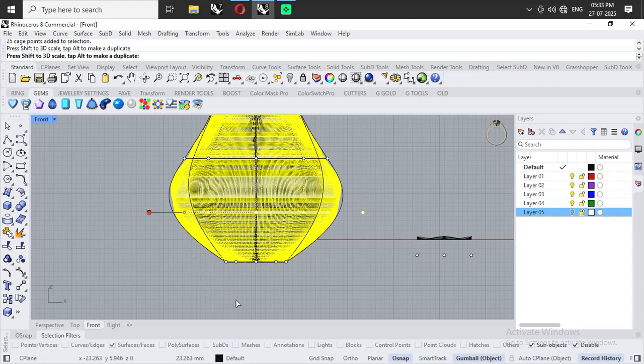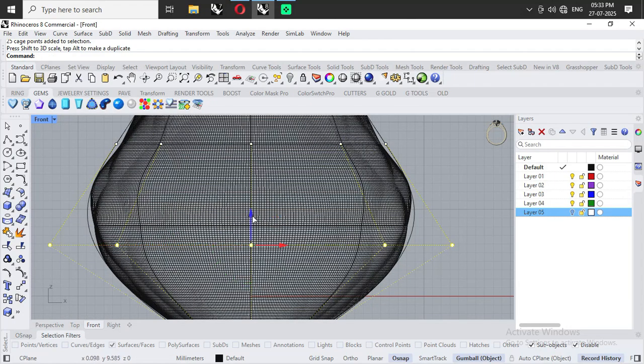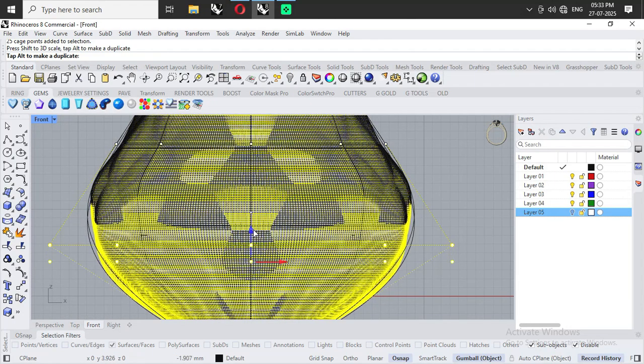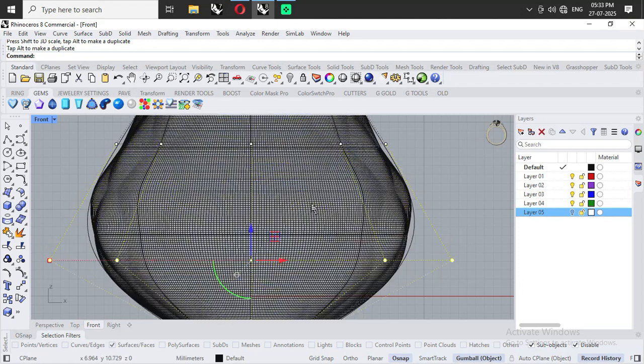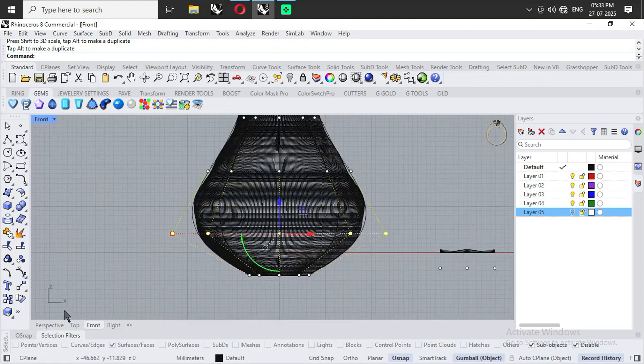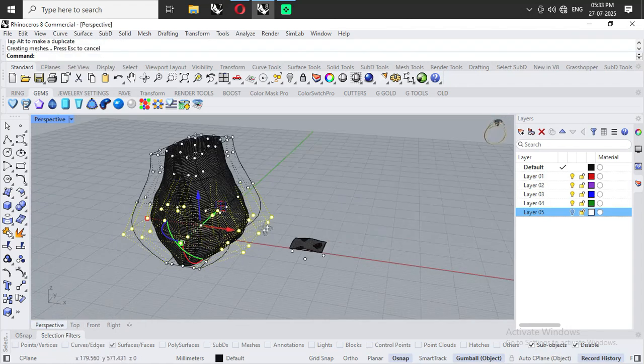This is the scaling option. It is available in the gumball, so you can apply it. You can also drag it down or up, as per your desired shape and requirement. You can adjust it accordingly. Now go to perspective and check it. Oops,